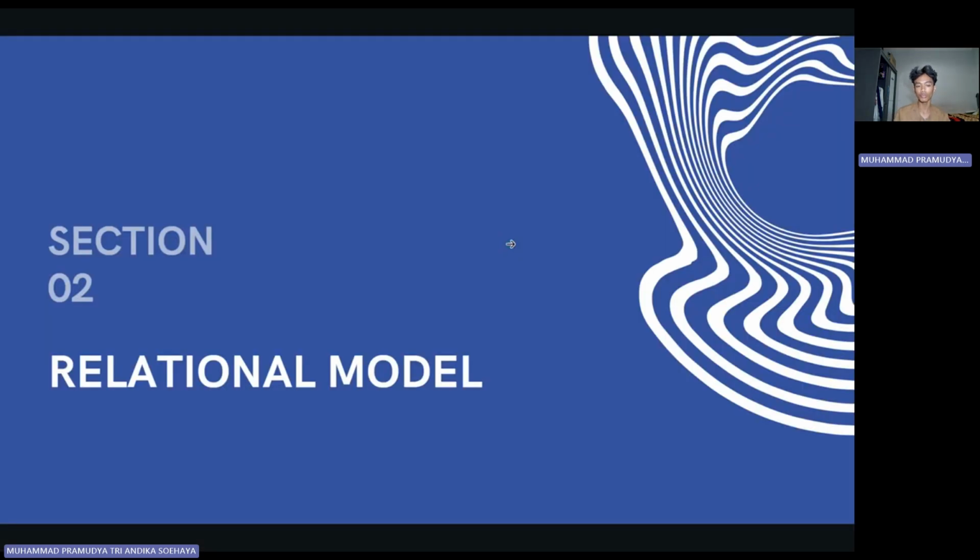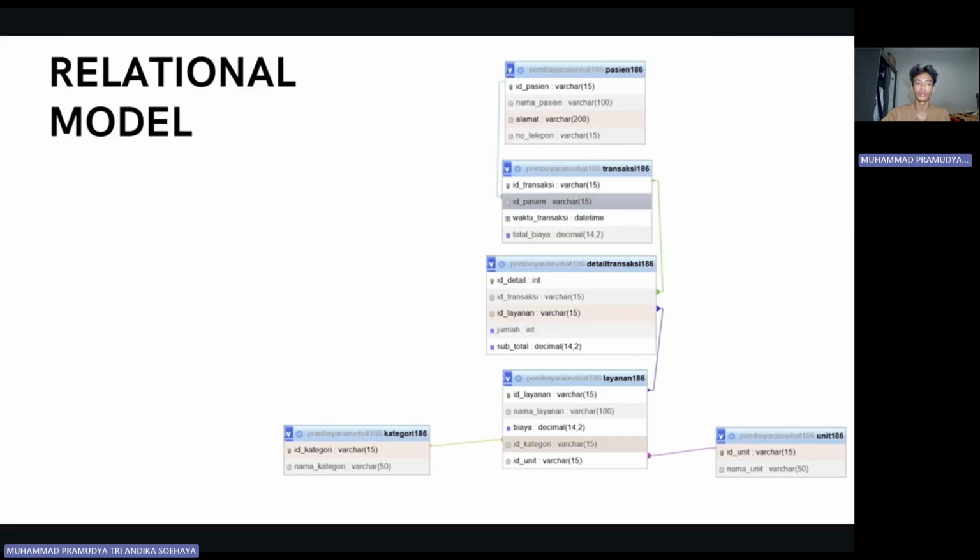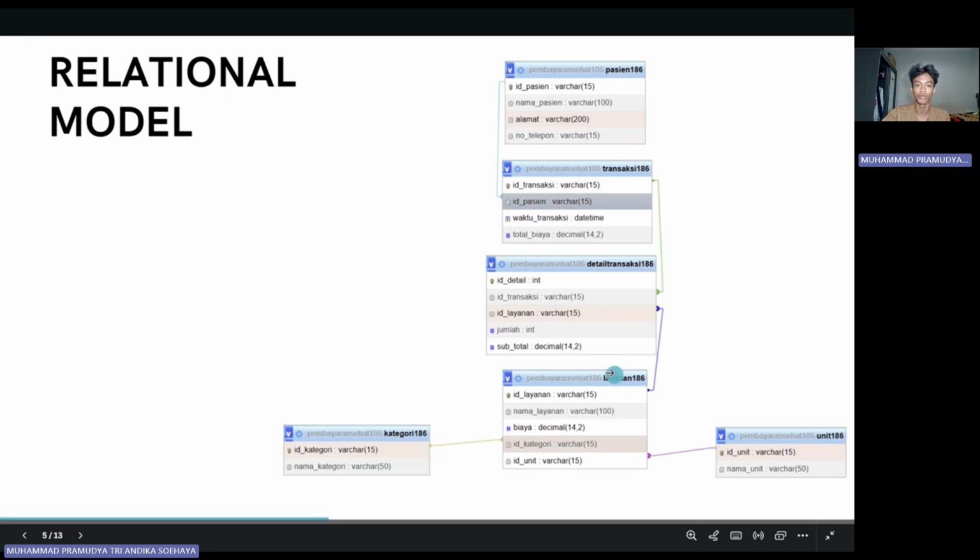Now the next section is section 2, which is the relational model, and this is the diagram. We have Patient 186, then Transaksi 186, Detail Transaksi 186, Layanan 186, Kategori 186, and then Unit 186.